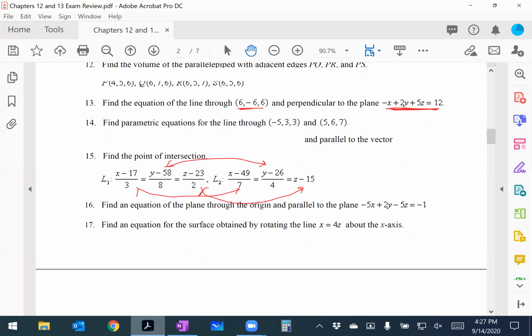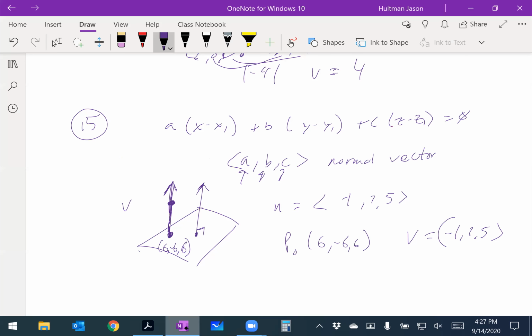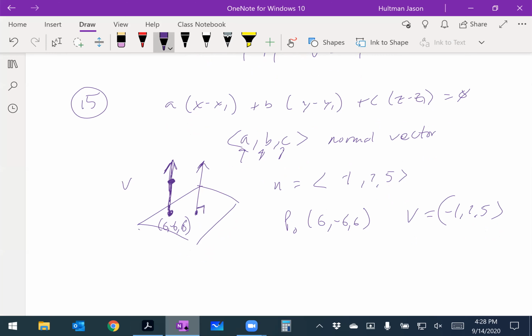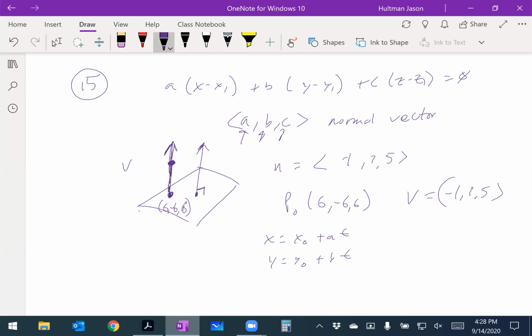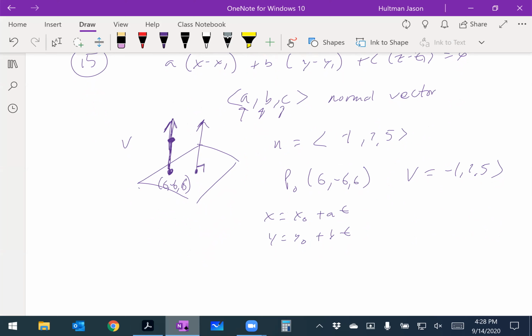Because it's asking for the line through this point and perpendicular to this plane. Well, the normal vector is always perpendicular to that plane. That's how we get the equation of a plane. So they're setting you up here: x is equal to x naught plus at, y is equal to y naught plus bt,